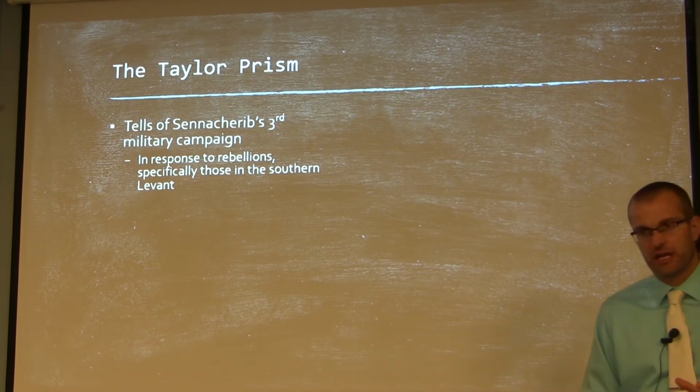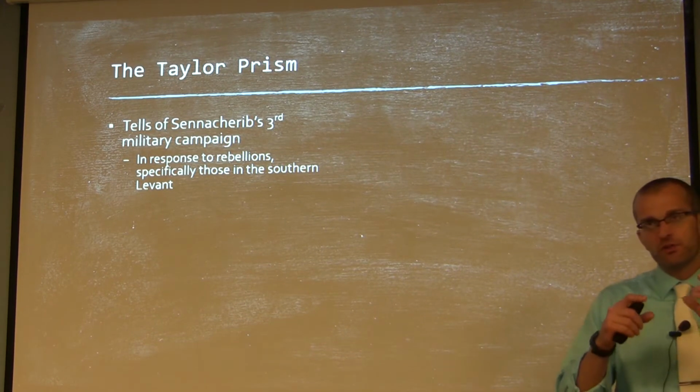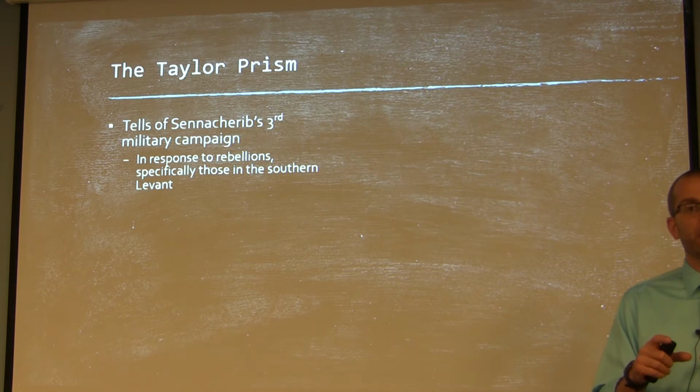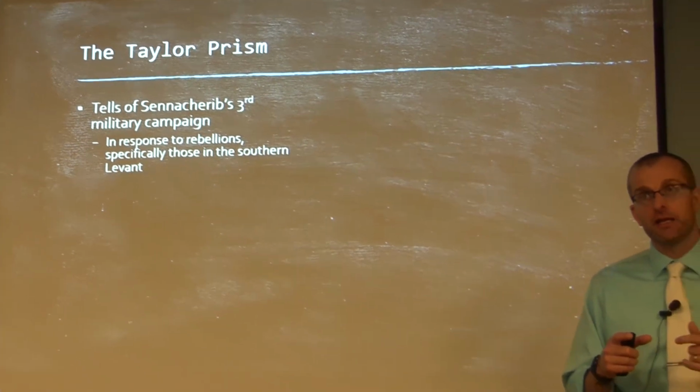One of the sections talks about his third military campaign. One of the most tenuous time periods for any empire was the time of political transition. As mighty as the Neo-Assyrian Empire was, this was still a very real reality. When the Assyrians switched kings, when one king died and gave way to a new king, it was at that moment of transition that all these little vassal kingdoms, disenfranchised with the Neo-Assyrian Empire, said, we are going to rise up in rebellion. So for the first 3 years of Sennacherib's reign, he was essentially dealing with the rebellions that came with his ascension to the throne.